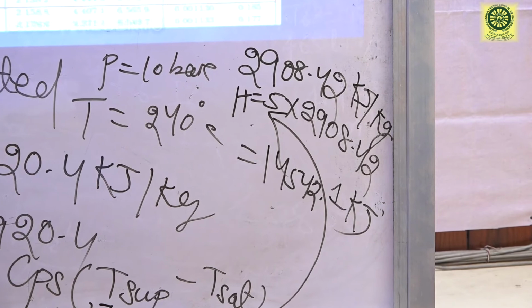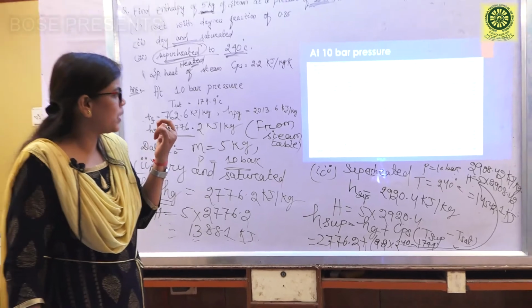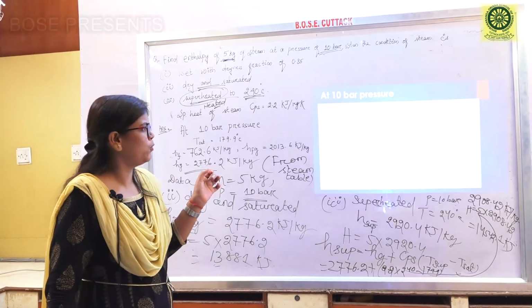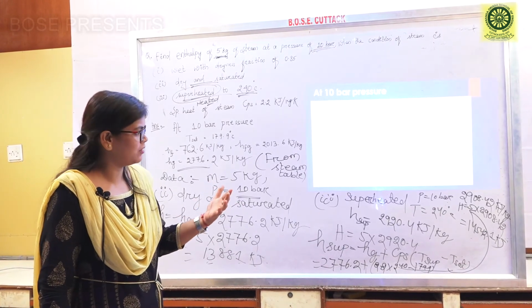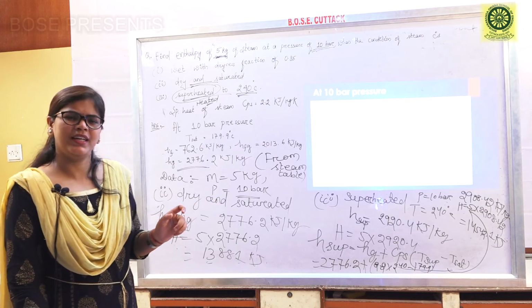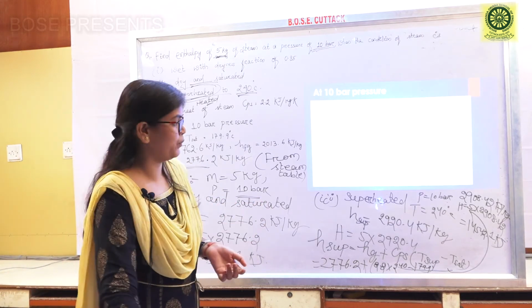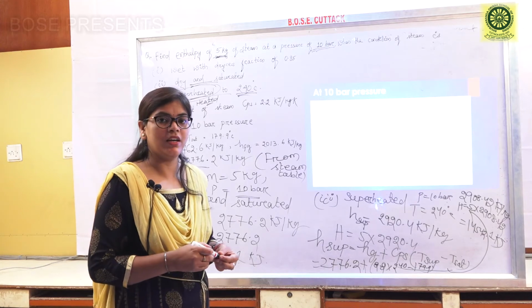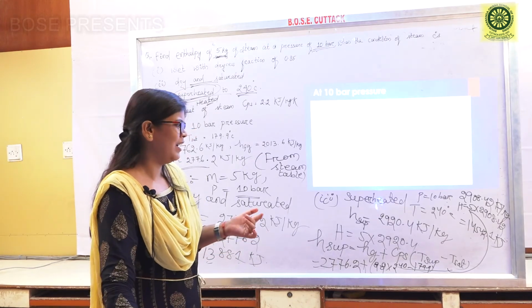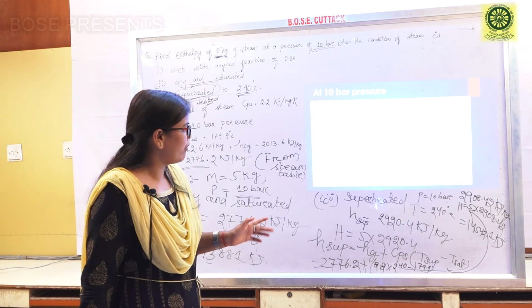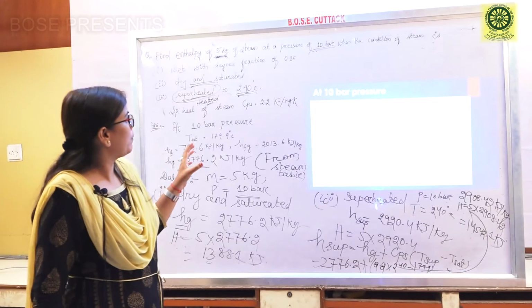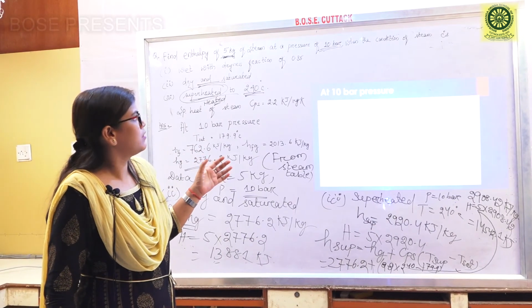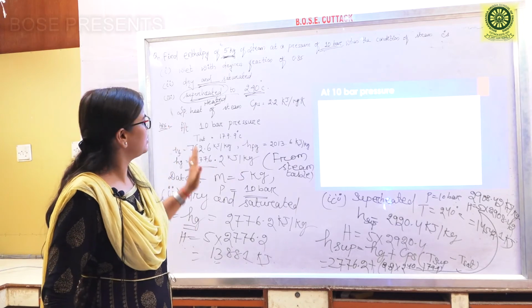And actually you will see some variation in the answer. In some steam tables, these values usually vary up to 10 to 20. So don't bother if your answer varies from another student's by 10 to 20. It is okay. Your answer is fine with that. But it won't vary that much, like 100. It won't vary that much. But 10 to 20 it usually varies. So don't worry about that. So this is all about how to solve the steam properties problem if your pressure is given and various steam conditions are given.